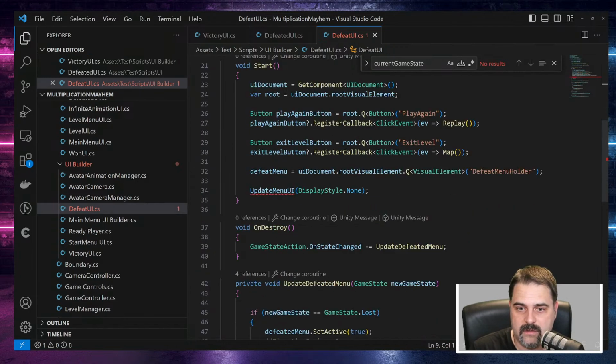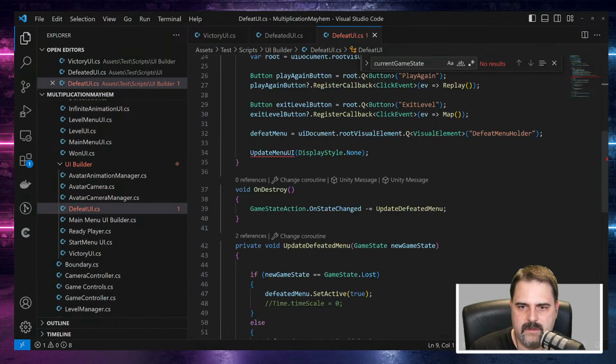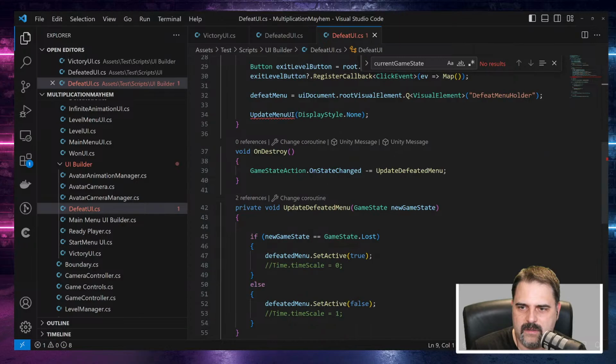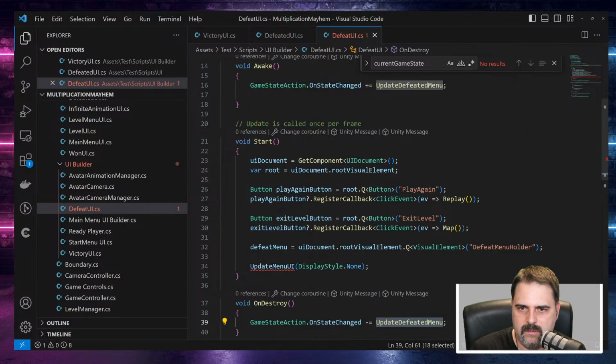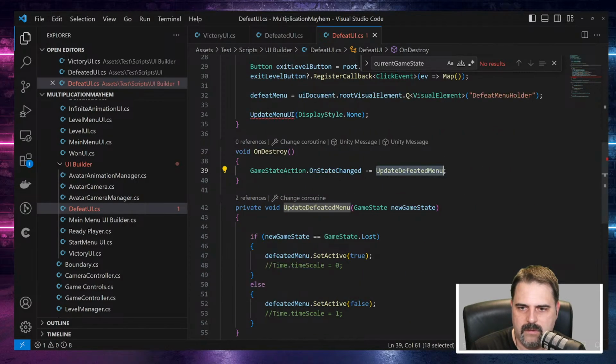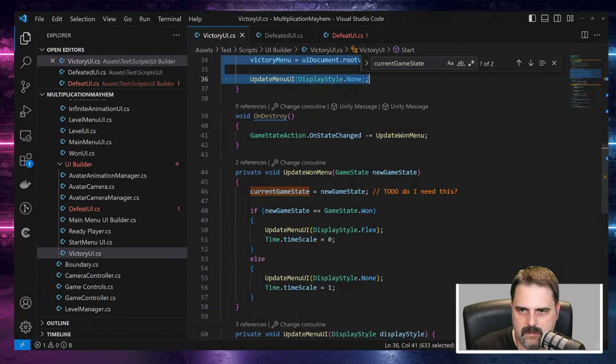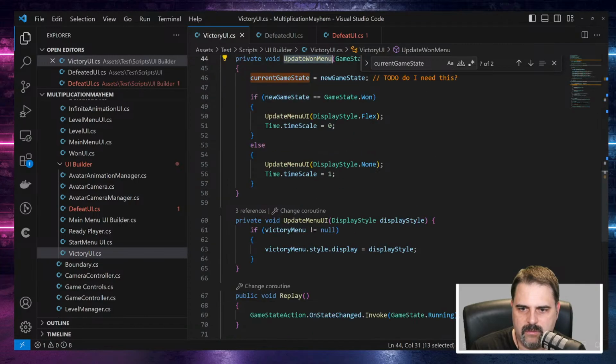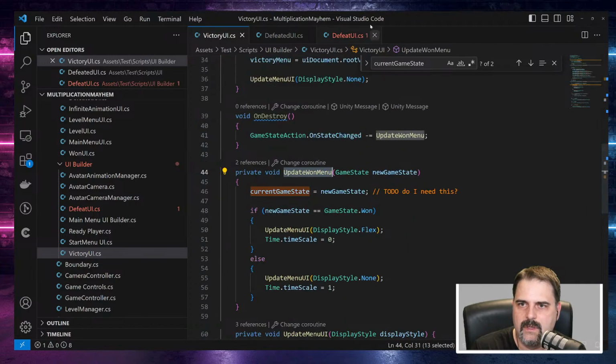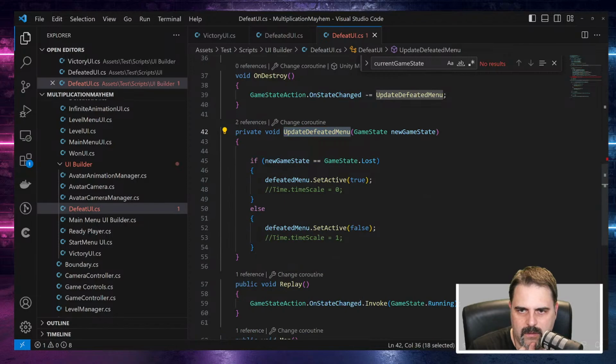Oh, I was like, what's going on there? Now I understand. Okay, so update defeated menu. I don't remember changing that. Is that here? Update win menu. Update menu. Okay. And then